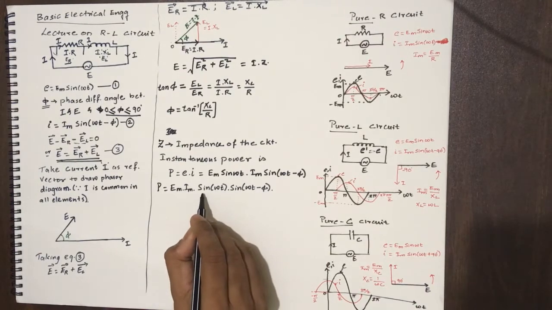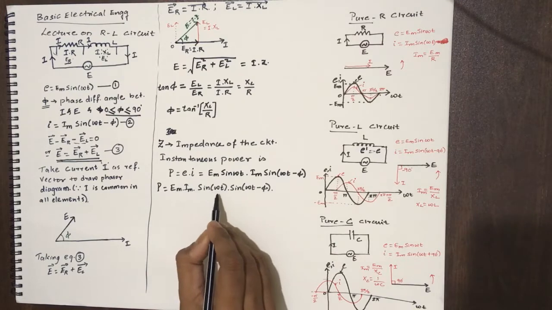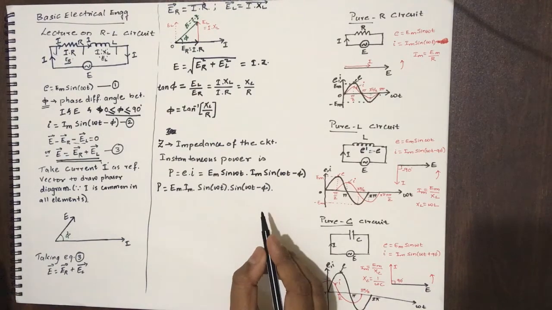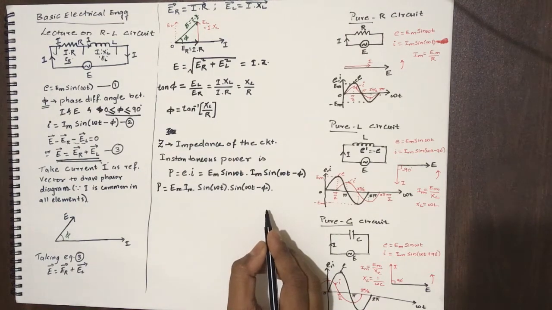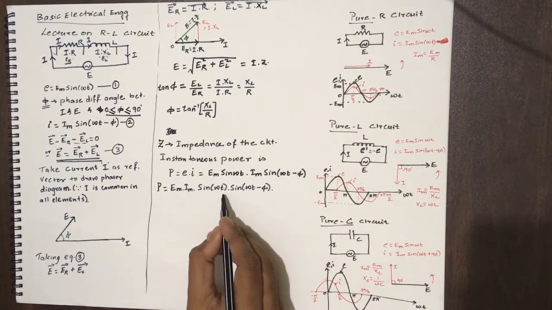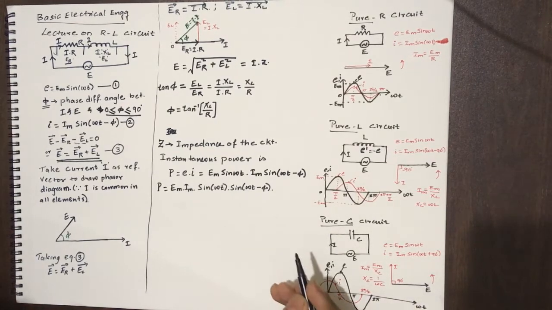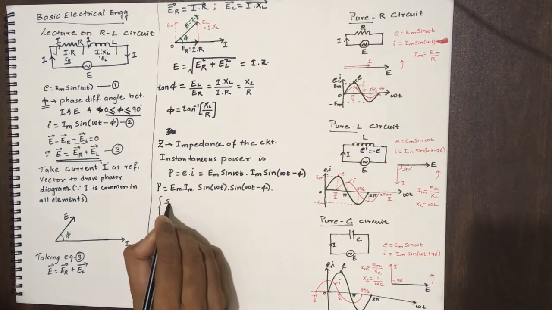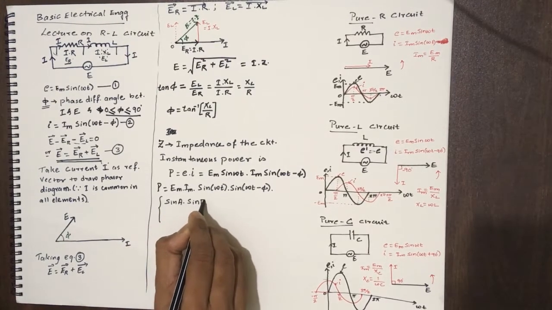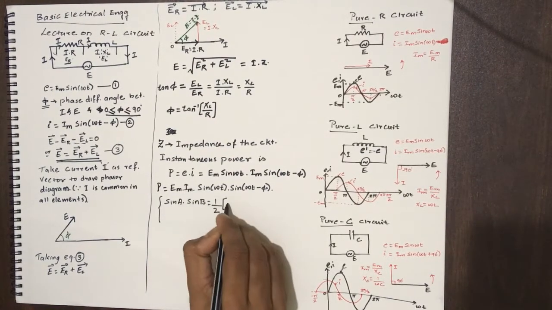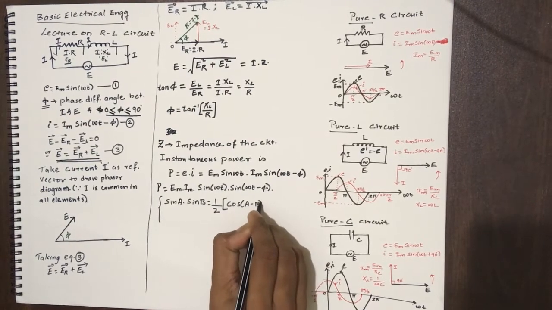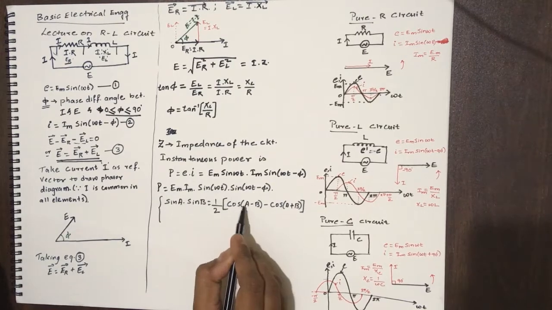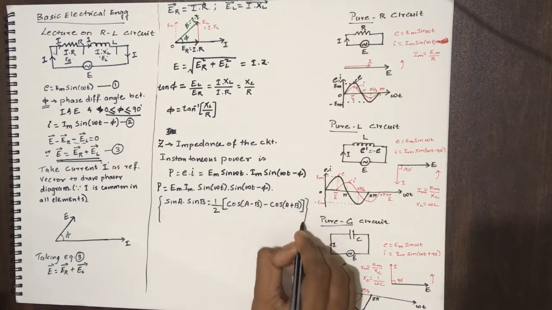So we have the trigonometric relations. Let us take sin omega t as sin A, and sin of omega t minus phi as sin B. So we have sin A sin B is equal to half of cos of A minus B minus cos of A plus B. This is for our reference: sin A sin B is equal to half cos of A minus B minus cos of A plus B. Considering omega t as A and omega t minus phi as B, using this relation of trigonometric functions,